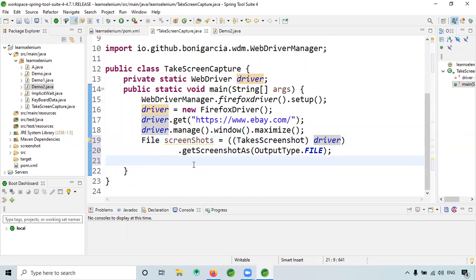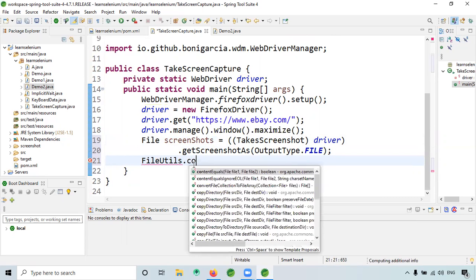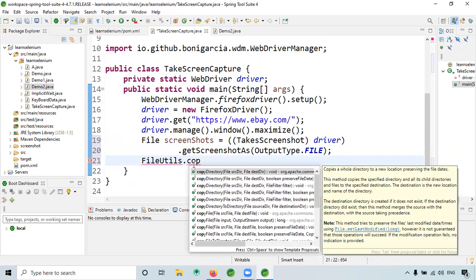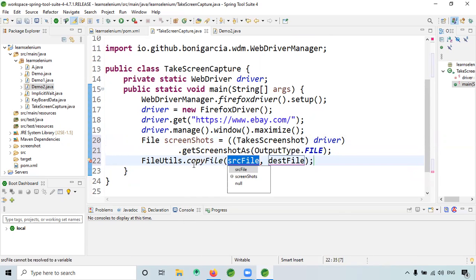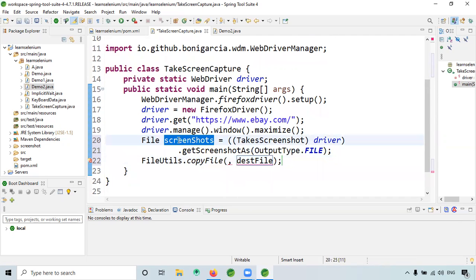Now finally we have to give FileUtils dot copyFile, where we have to pass the screenshots.